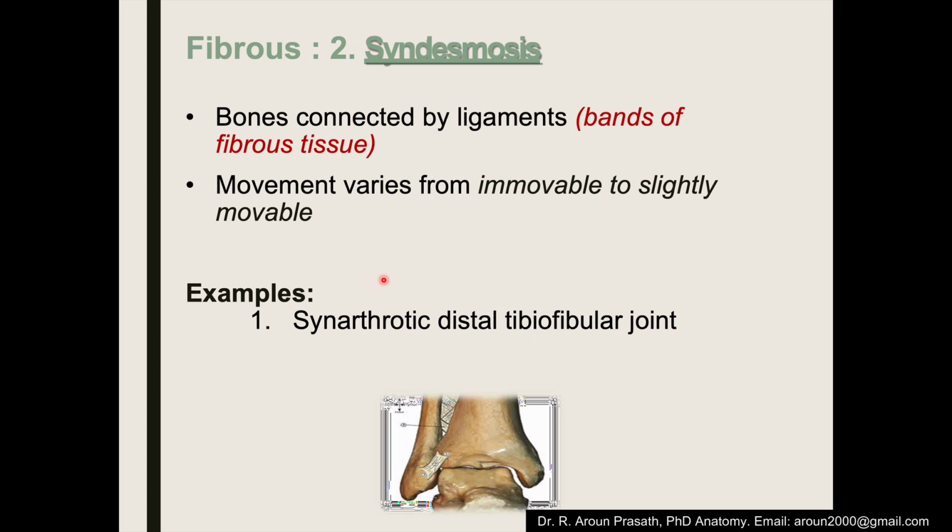Coming to the next variety of fibrous joint, that is syndesmosis. Two bones are held to each other by strong ligamentous structures that don't allow any movement. This is what we call syndesmosis. For example, this is the tibia, and this is the lower end of the fibula. Both these bones are connected by ligaments. We will see what the ligaments are anatomically in detail, but this doesn't allow any movement. That is important, and that's what you have to understand about syndesmosis.